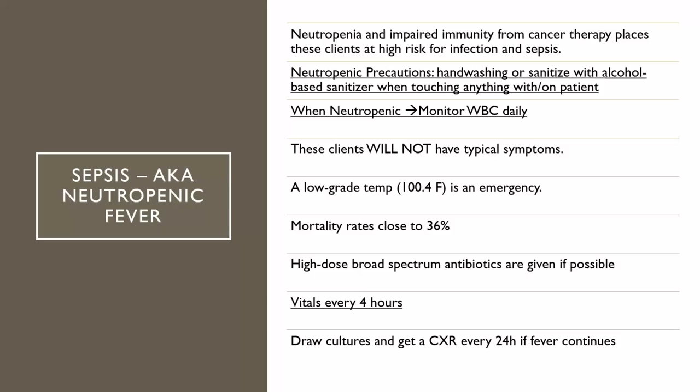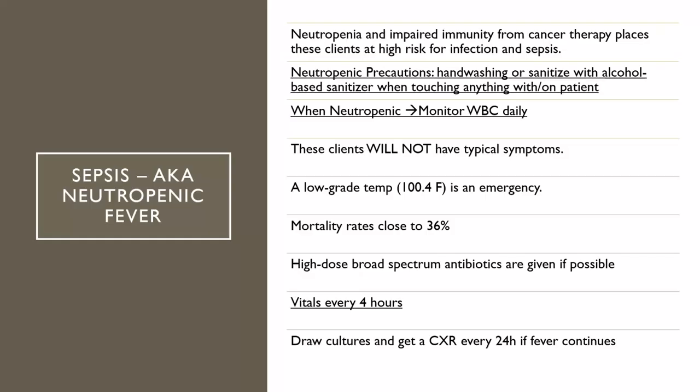So sepsis. If we bring back sepsis shock, you guys should know what's happening. If we have a neutropenic patient, they have impaired immunity, it puts them at a high risk for infection. Remember your SIRS alert. Maybe they have a high fever, high respiratory rate, a high white blood cell count, or a low white blood cell count. They have to meet that protocol. But your cancer patients are monitored more severely.